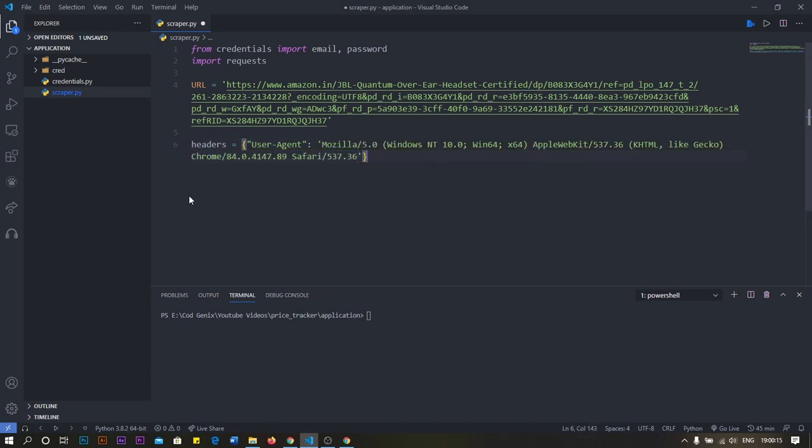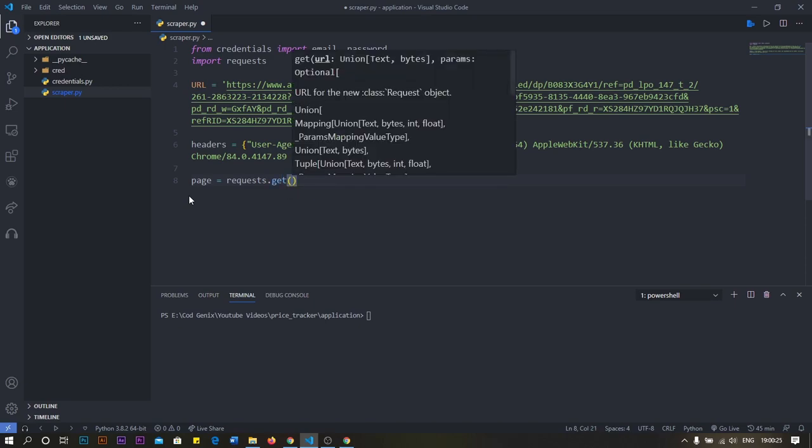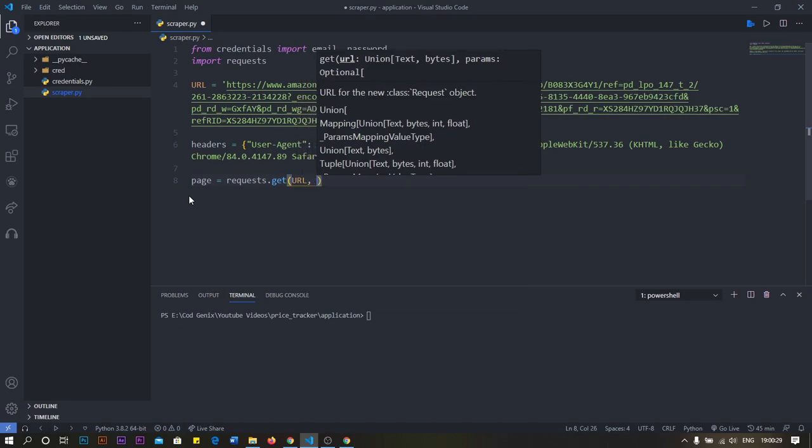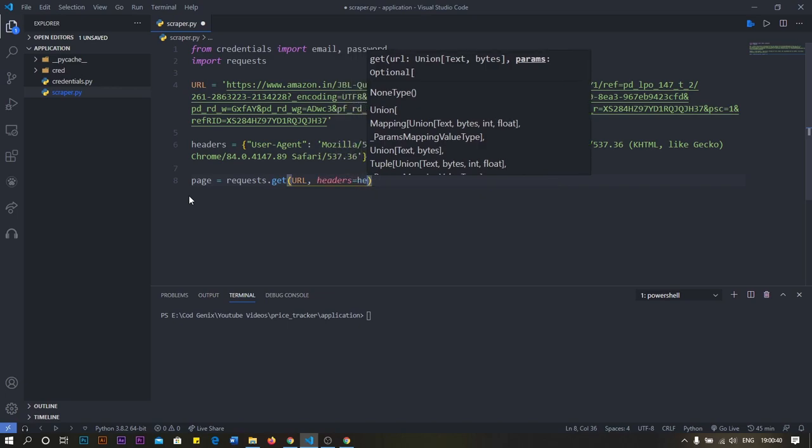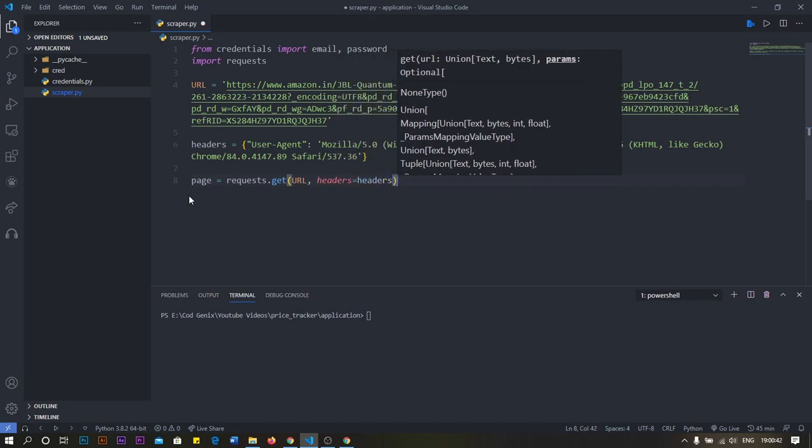Now the next thing is we'll create a request. We'll create a variable page, and we'll use requests.get to create a get request, which needs two parameters: the URL that we want to get the data from, and the headers with the user agent that you have. So we mention the URL and headers equal to headers.